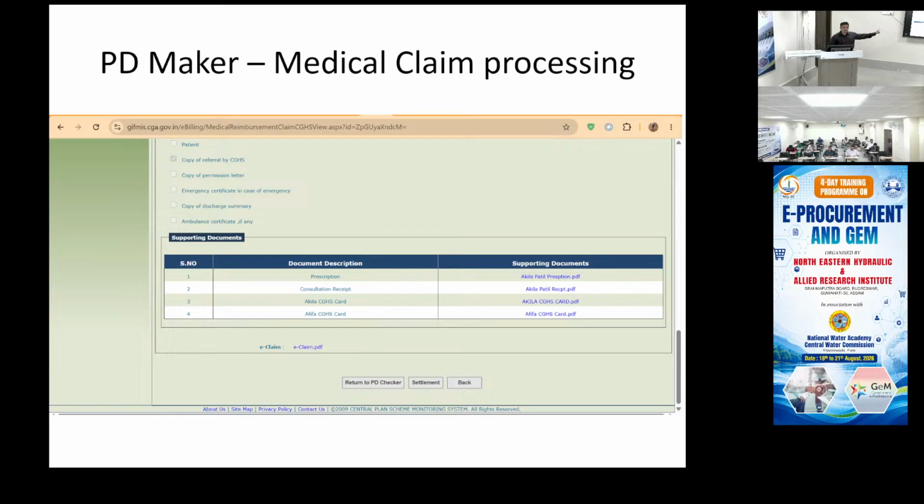And then we will click on settlement. Settlement means how much you are going to admit. Claim 700 रुपए का है, आप कितना admit करेंगे.